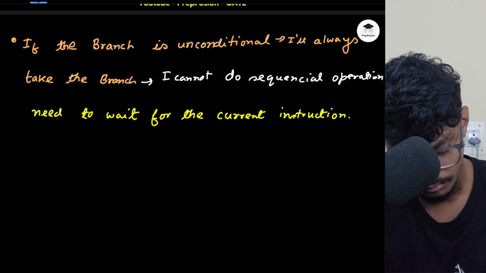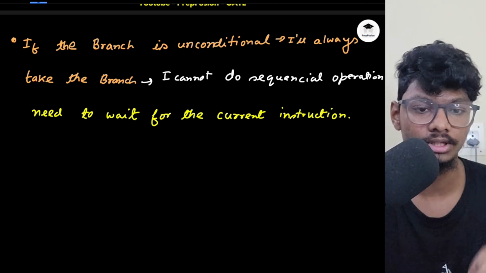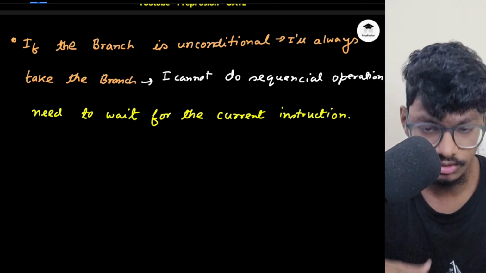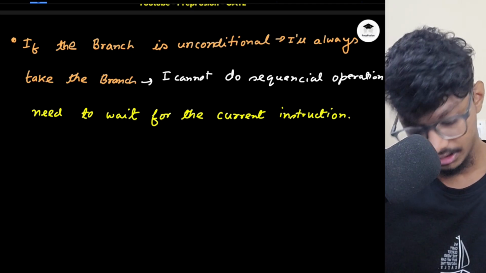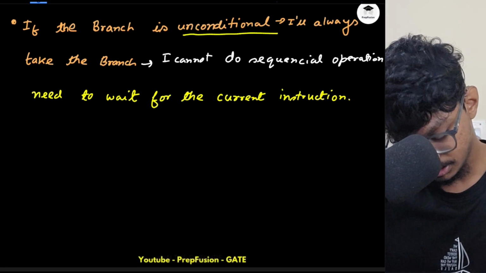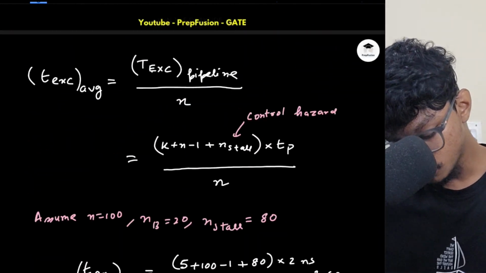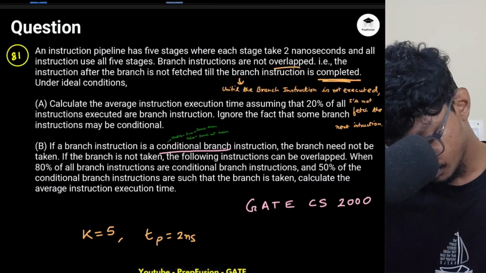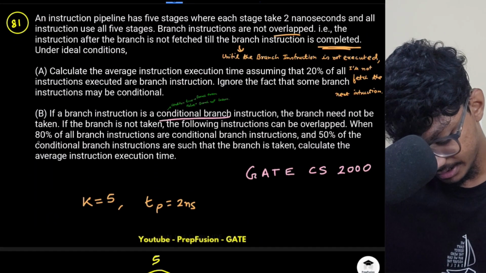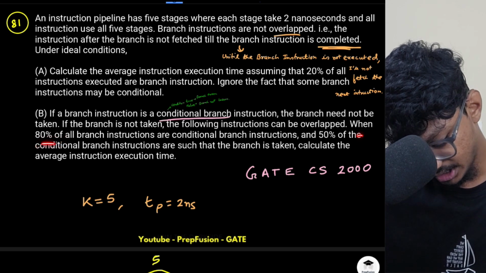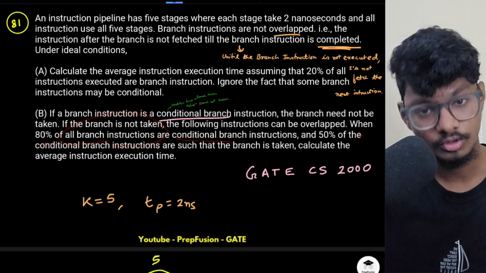Okay, current instruction. So I will need to wait for the current instruction. I have to actually wait if it is an unconditional branch. So point 1, if it is an unconditional branch, I will wait. Now point 2, they have told me that 80% of all branch instructions are conditional, so